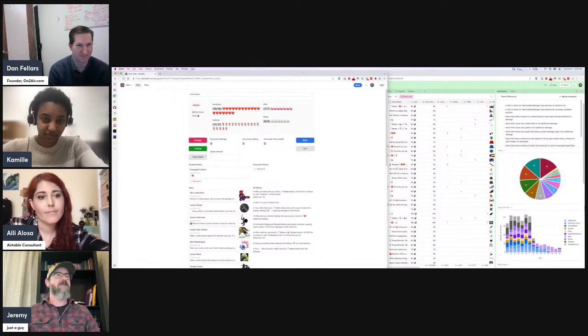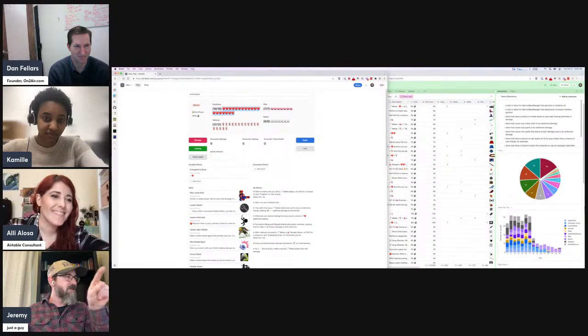One of the things I didn't have at the beginning was this counter. They were literally having to count the hearts, like, how much health do I have left? 1, 2, 3, 4, 5. And that was a pain. So I added to that formula field to show how many you have left out of your total.